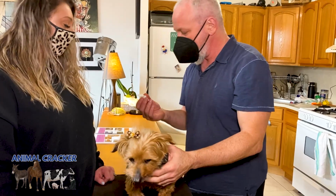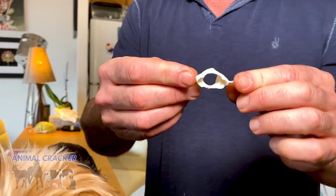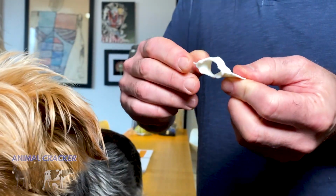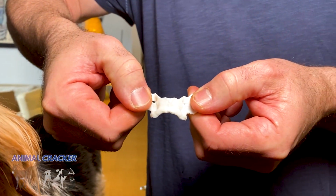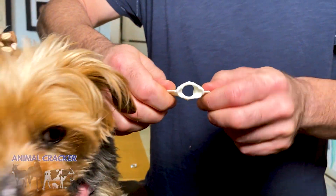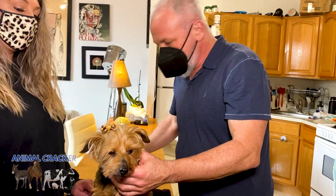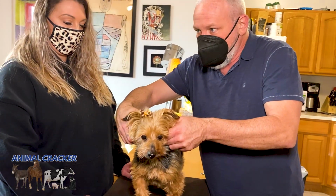I have a little doggy atlas here. It's plastic, don't worry, I didn't hurt anybody. And it's just for teaching purposes. And so here, when I say the wings of the atlas, I mean these things. And the bone is down and doesn't want to come up, so I'm going to flip it up so she'll have better range of motion coming up. Now remember, she has arthritis, so this is a process, not just a single procedure, but we should at least align it, right? So I'm grabbing the wings of the atlas on both sides,